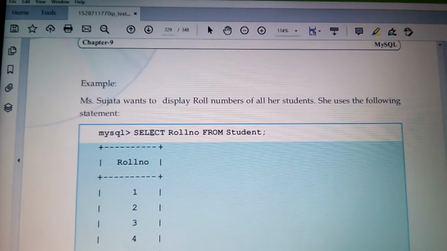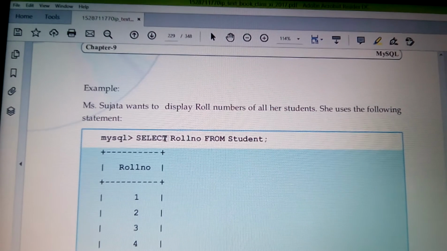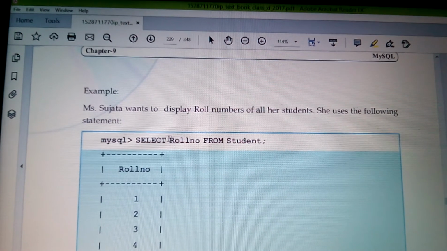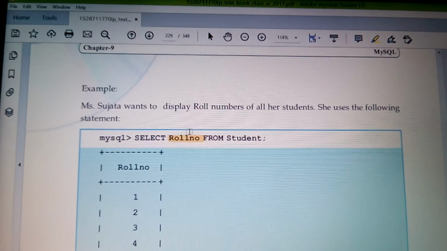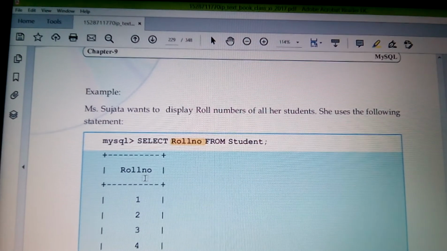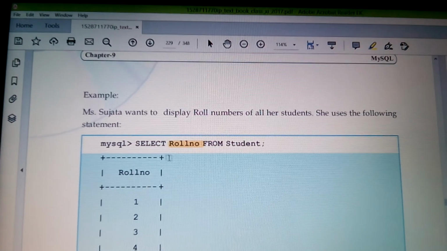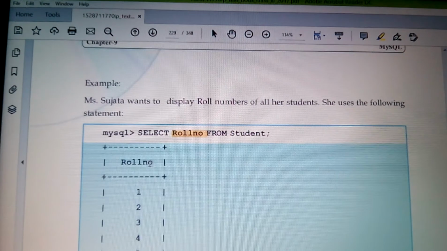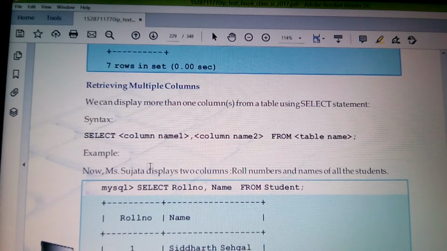Whatever is written just after select will be displayed. So from here we get a single column, that is the roll number column, because only one column is written. So this is the very first item, retrieving a single column.